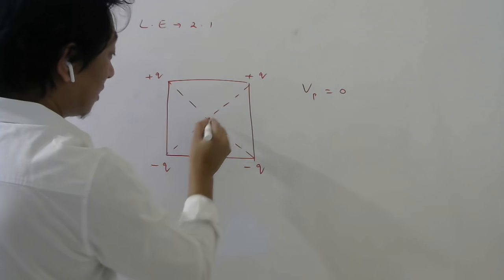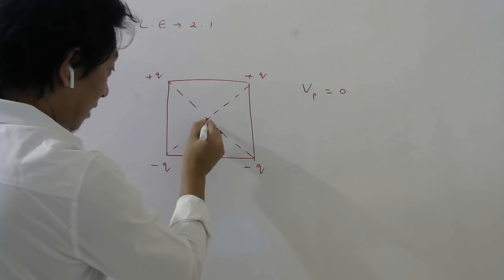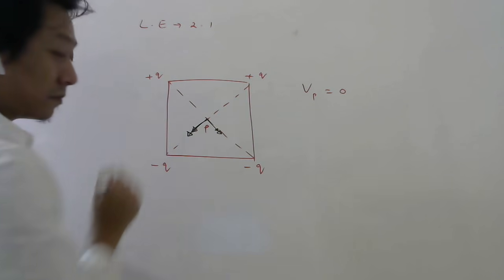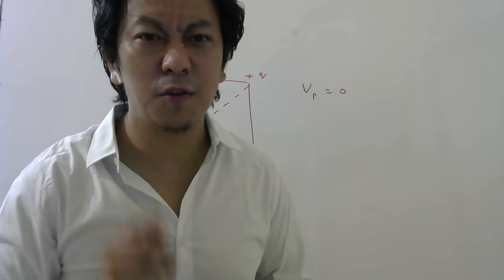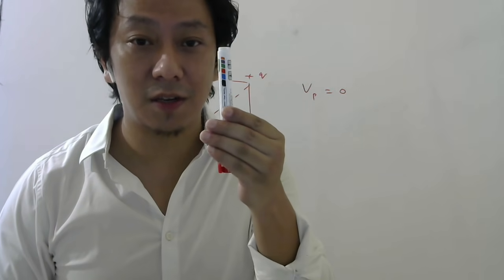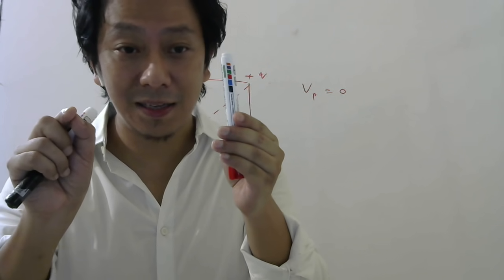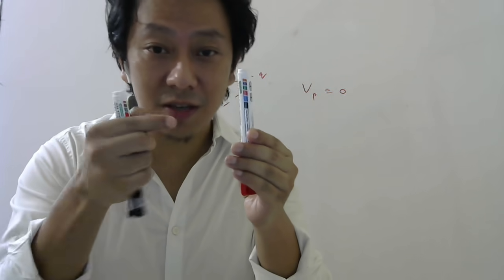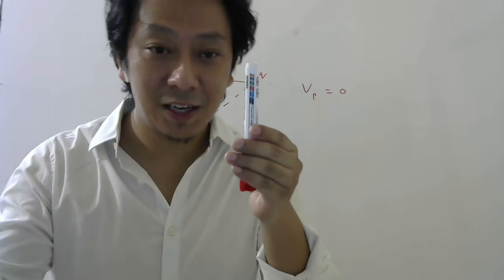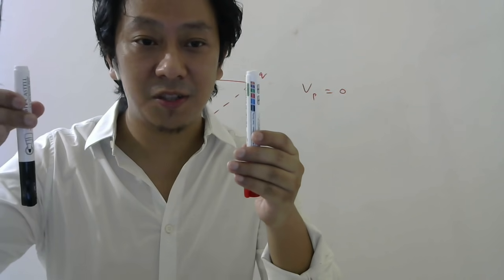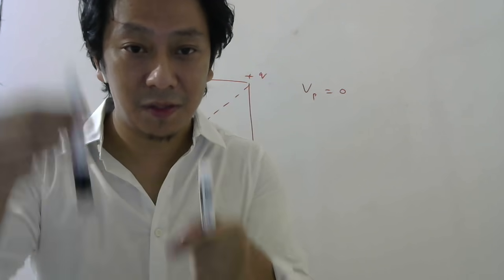Similarly, due to this charge, the field will be away from the positive charge, and due to this charge it will be towards. Some students got confused regarding away and towards. Alright students, if this is the source charge, the electric field here will be either away from it or towards it, depending on the sign. If the sign is positive, away; if negative, towards. Similarly, if I put one more charge, if it is positive the field will be away; if it is negative, it will be towards this charge.